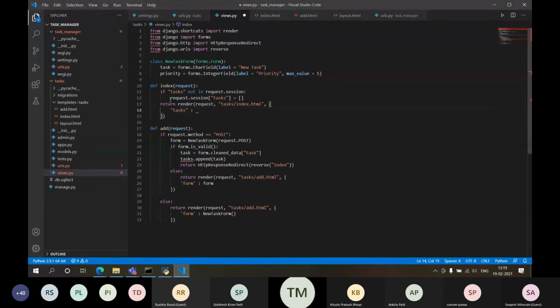Request session this, because I need to see the list, no? And that list should be there in the session, right? Similarly, in add, instead of this tasks.append, I'll say this.